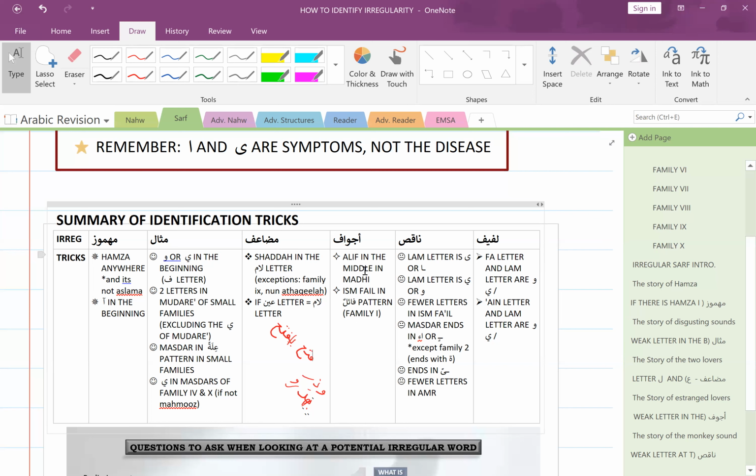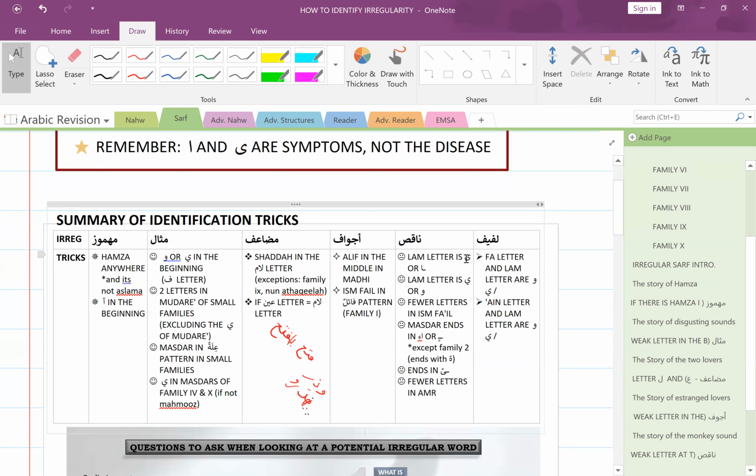And the isim fa'il has a hamza in it. Fa'ilun, like we know isim fa'il. That's how we call it, isim fa'il. In this pattern, ajwaf, the ayn is replaced with a hamza. So the word becomes fa'ilun, qa'ilun. Instead of, it was going to be qawilun, because the jidr is waw. قال يقول قولا فهو قاول. But then they were like, no, wilun, we don't want that. Replace that with hamza. So you have now qa'ilun. So that's what happened with ajwaf.